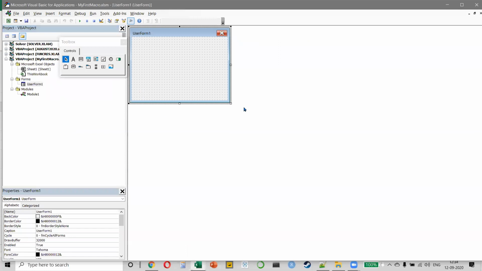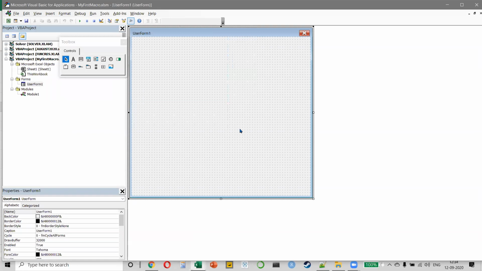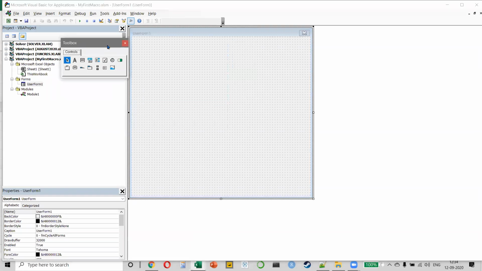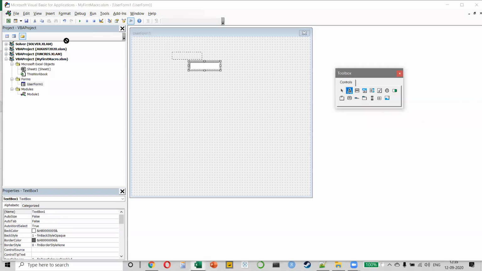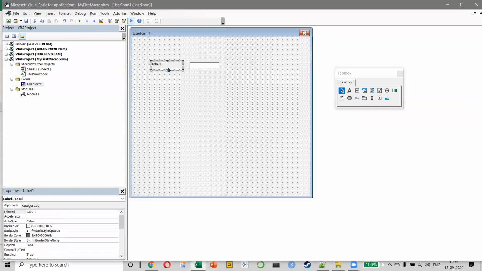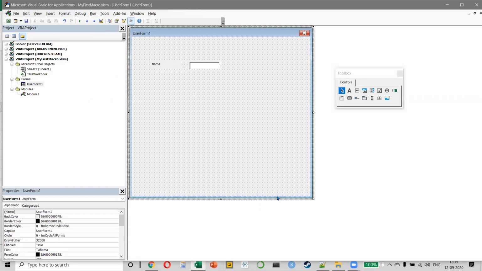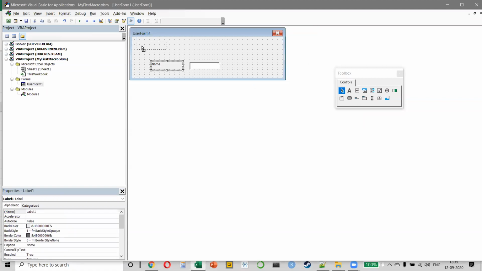Once you've done that, in the user form, I will be able to put anything I want. So I have a toolbox here. We have labels, text boxes, command buttons, radio buttons, everything is there. So I'll just put a text box like this, and I'll put a label like this. Right? So I'll say this is my name, and we don't need such a large form, so let's just make it a little smaller.